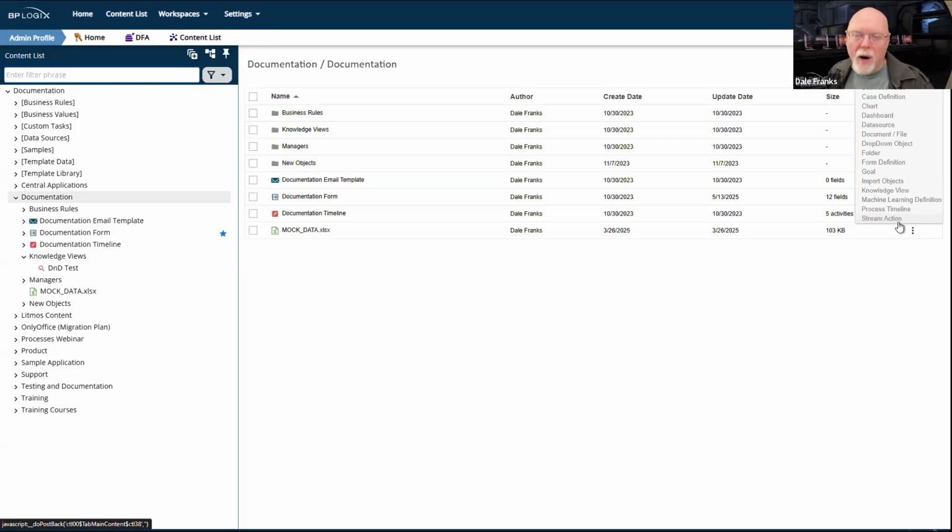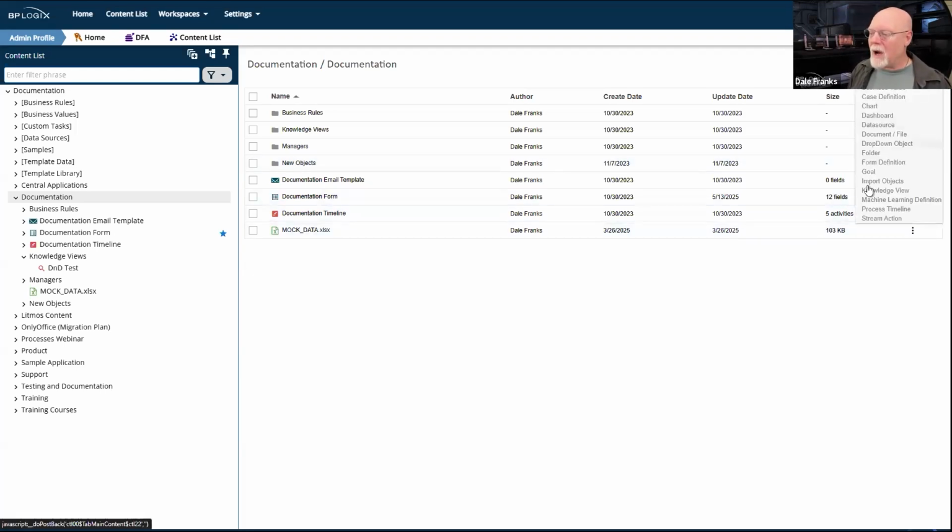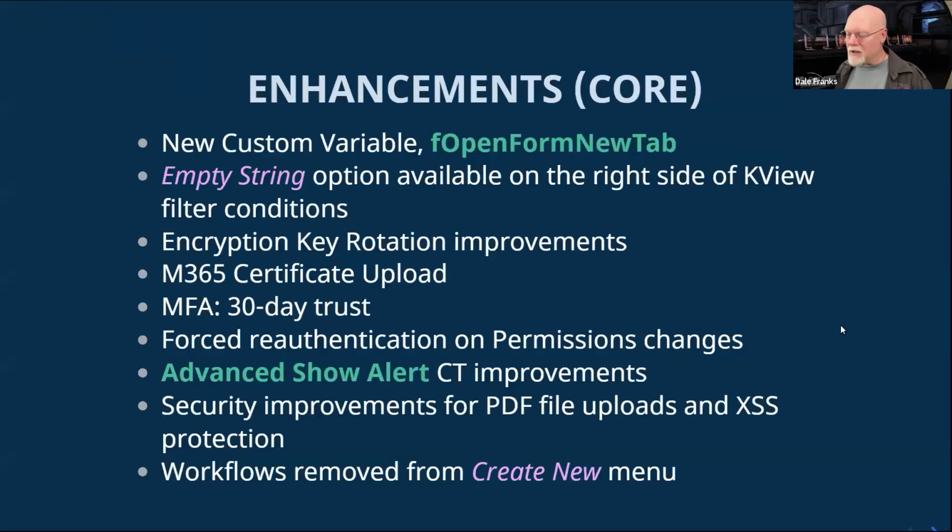Going in and stripping out workflows would be a huge job, a job that I don't think anyone has the interest in undertaking. But after next year, we will simply not be offering any more support for workflows. So if you want to keep your workflows running after that point, that's going to be solely up to you. And to help us out with that, we have altered the Start New menu so that you can't create new ones in the system.